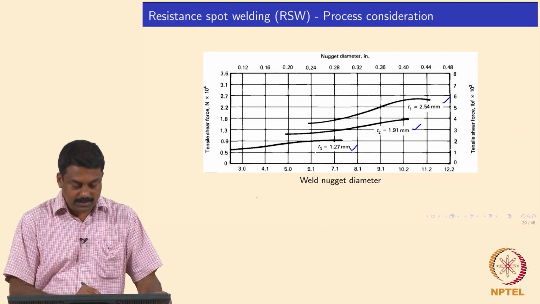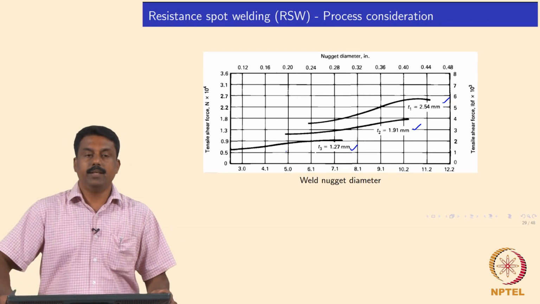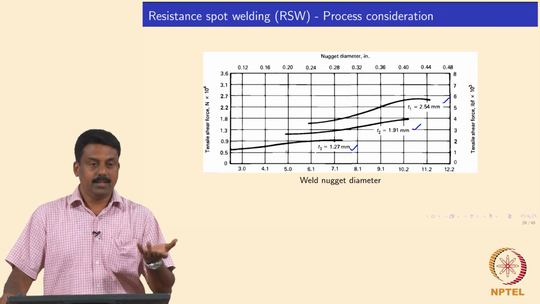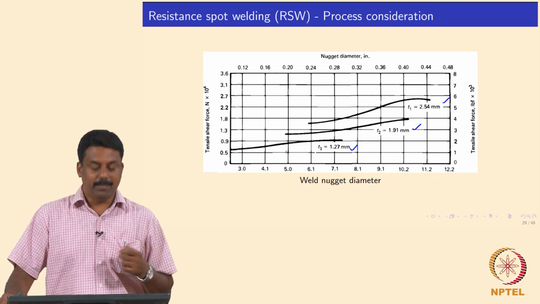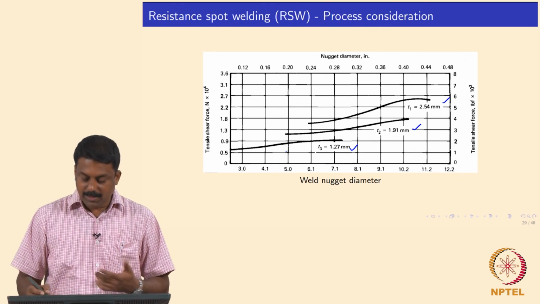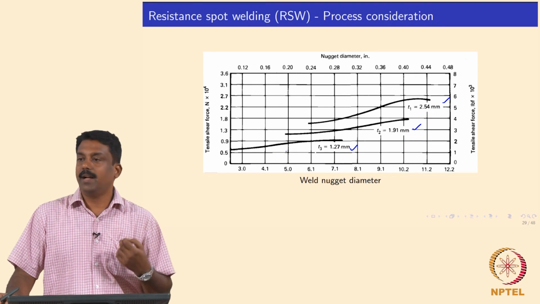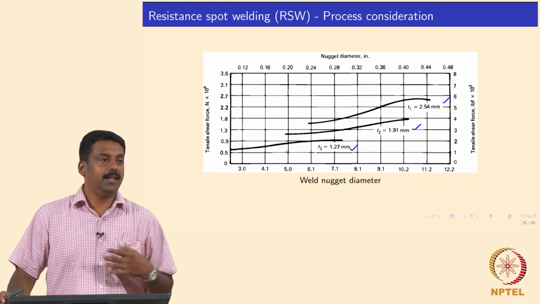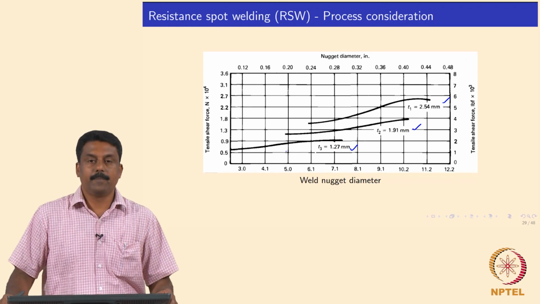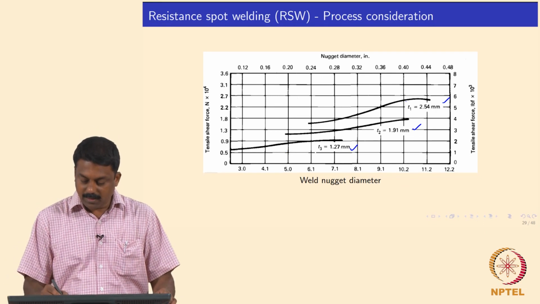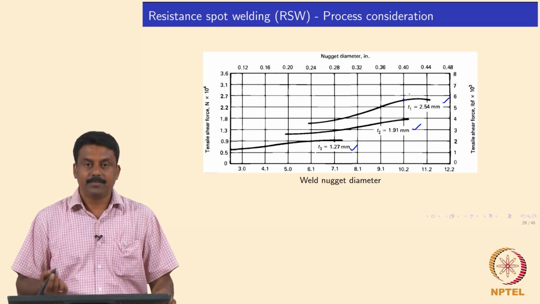Obviously when the weld nugget size changes, the tensile shear force also changes, because if you are making a larger weld diameter, obviously you need to give more load to failure. But if you keep on increasing the diameter, then after a critical diameter the strength may not change. Of course, you will also have an I max, and then you will have a failure by splashing, and you can't form a weld nugget. So, for example, in this case of 2.54 mm, there is one diameter that gives the maximum strength.